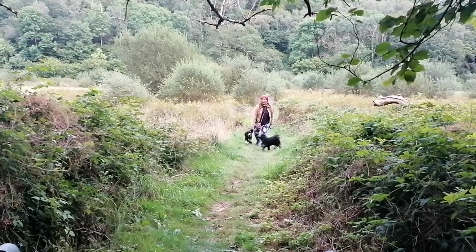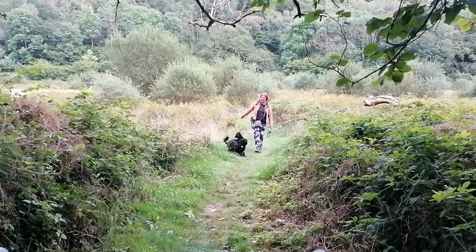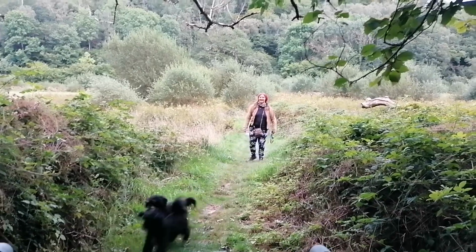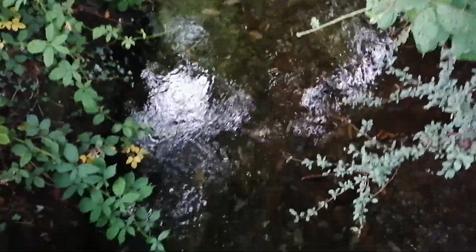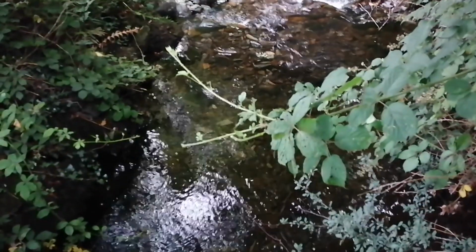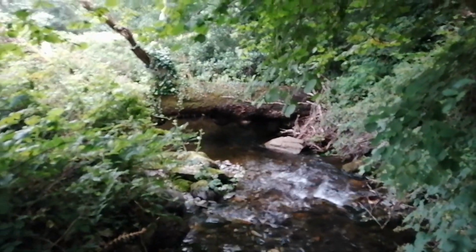Well, we are back in Wales for a very short time after coming back from Munich, and Sally's playing with the dogs, and I'm stood on a bridge over a stream that the boys have played in since they were very young, and so they always used to come down to this stream and play in the water. So it's a really nice little stream. The tree came down a few years ago over there, but there was like a little dip in for the cattle to drink that we used to go in on. So yeah, it's nice to be back at the stream for a bit,